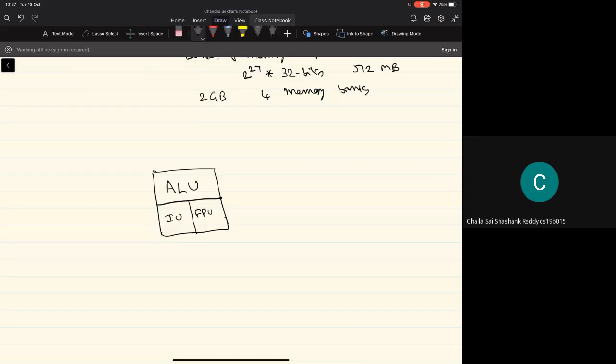And typically there will be register files. In addition to this ALU and register files, we have seen the function of both the ALU and the register file.